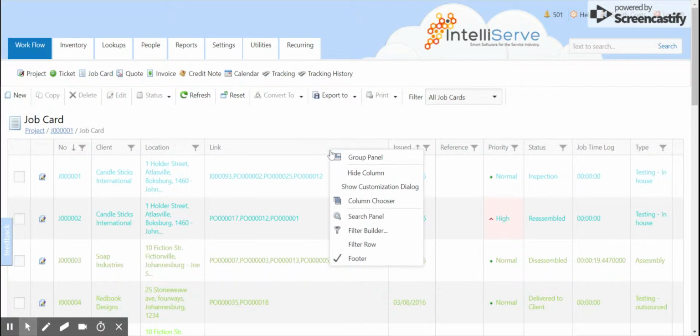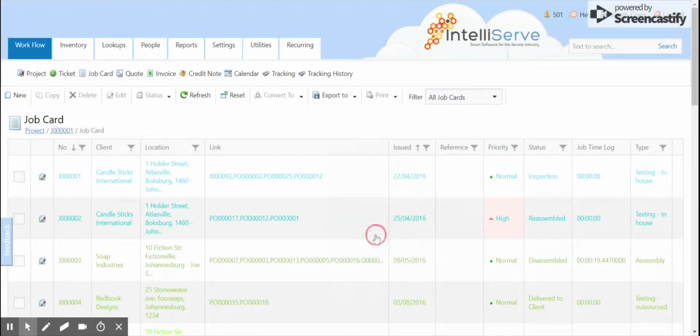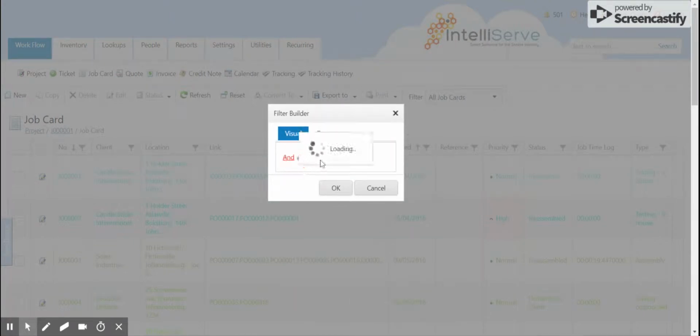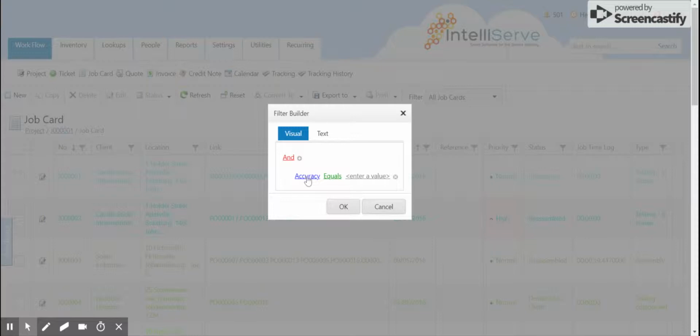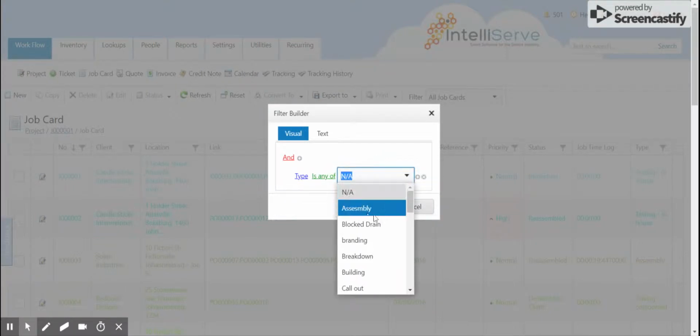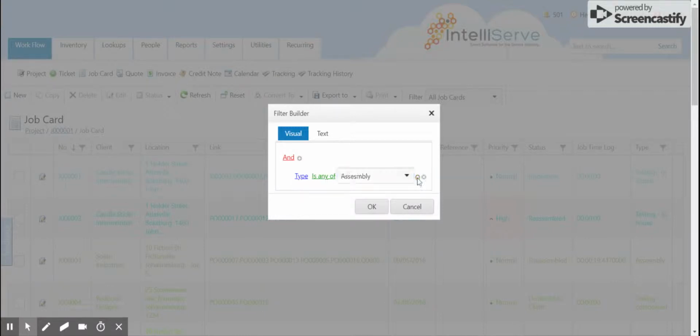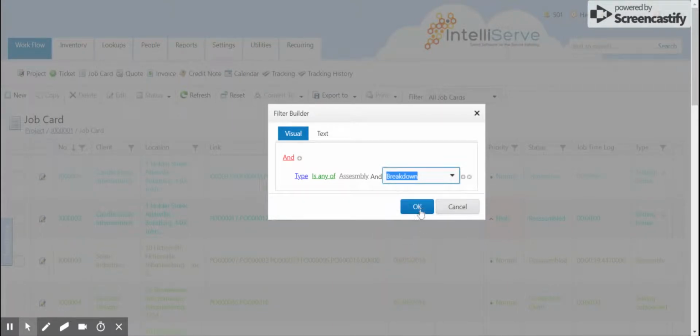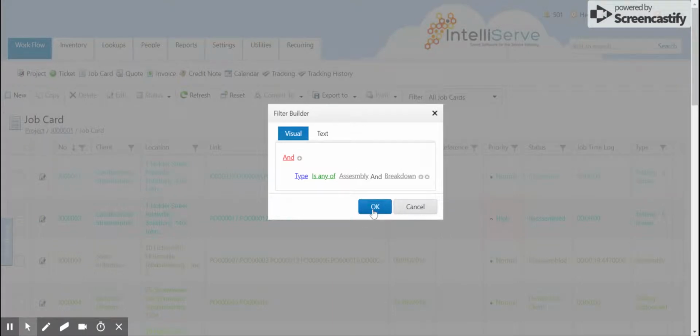you're going to do, we're going to right click on the header row and we're going to select filter builder, and then we're going to add a criteria or a variable. Click on accuracy. We're going to scroll down to type, and we're going to change the equals to is any of, and then we can add in, let's have a look at assembly, and we click on a little plus sign again, and we're going to add another value, and we can choose breakdown, and we're going to click OK,